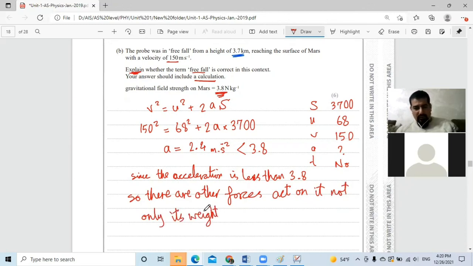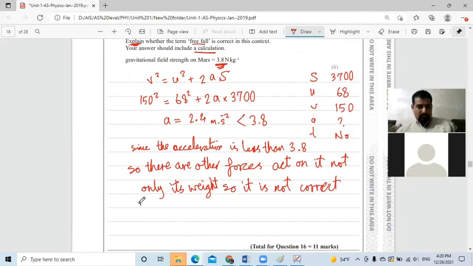Because when we say free fall, that means there is only a single force acting on it, which is the weight. So it is not correct to say free fall. When we say free fall, that means only the weight acts on the object to make it fall downwards. But since it's not free fall, that means the resultant force is not equal